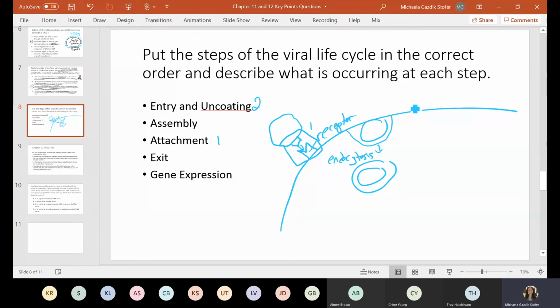Or if this is a virus with a lipid layer, that virus gets pulled real close. And what happens,